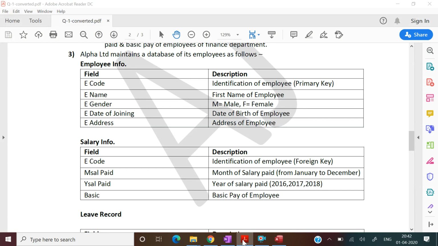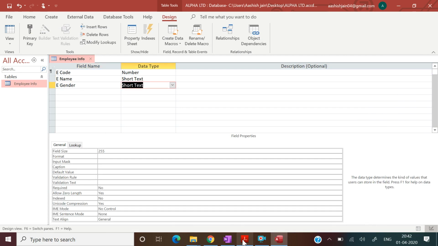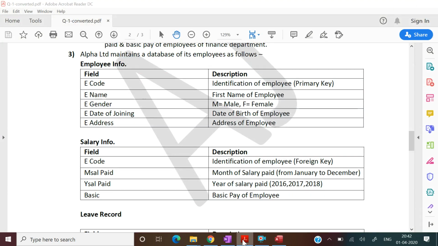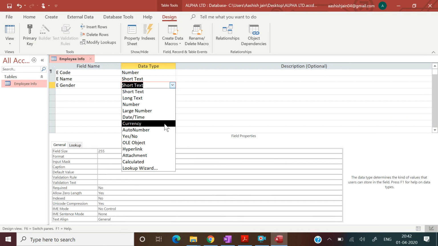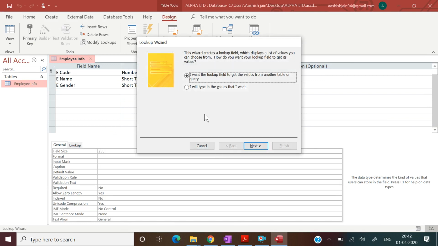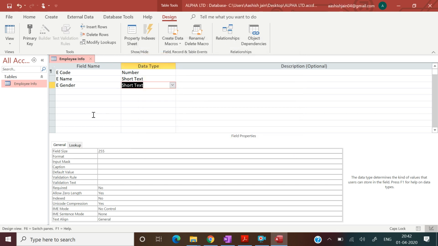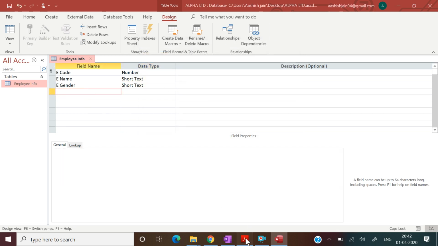Then e-gender. That means we need to create a list here with the help of the lookup wizard. Click on 'I will type in the values that I want.' M for male, F for female. Then next is e-date of joining.